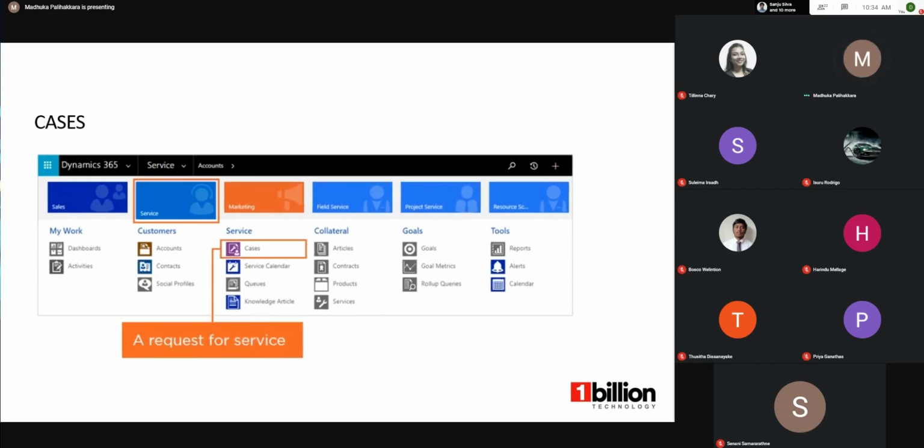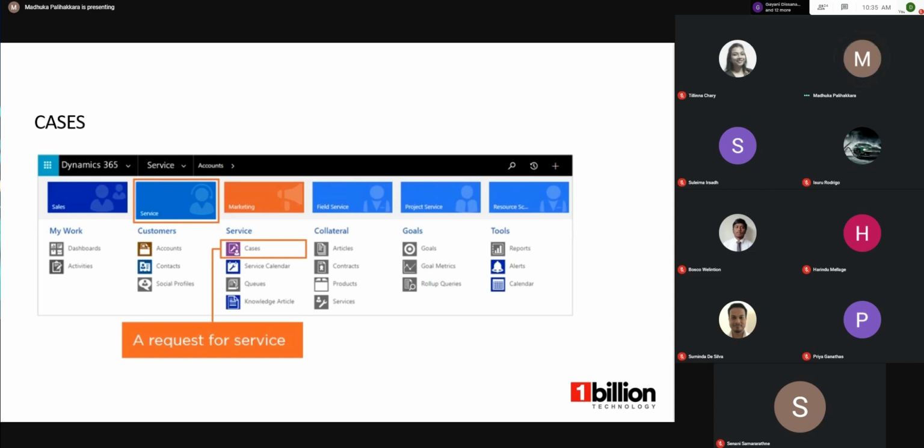Then cases are the core of the service module. A case is a request for a service. As an example, you call up your mobile company and make a request or a complaint. They obviously track that information. It will open a case, or request for a service, or sometimes a ticket. The case entity is that main tracking entity, and a case would be linked to an account or a contact.